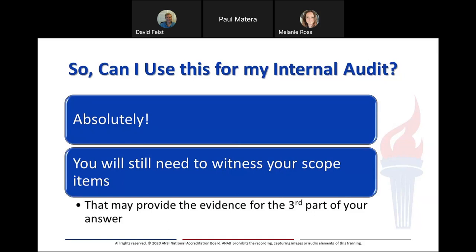Just be sure you have the version of the checklist for submittal that the accreditation body for the assessor to use, and a separate one to be used as your record for the annual internal audit. You want to make sure that it's not the exact same one because there are different components. Also, when you're using this for internal audit, remember that part of an internal audit is to evaluate the items on your scope, and that's not necessarily laid out on this checklist, right? So just keep that in mind that you'll have to add some additional information that isn't already presented to you on your checklist to cover the scope portion. Okay.